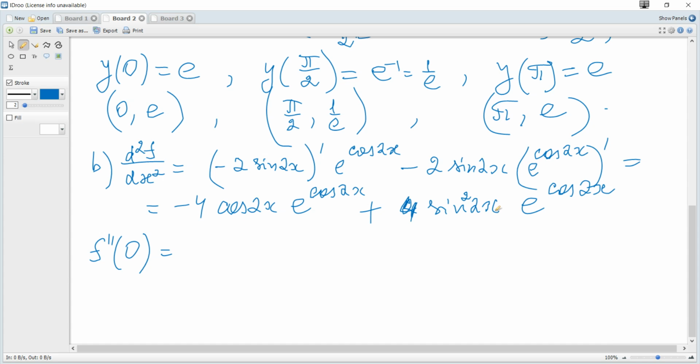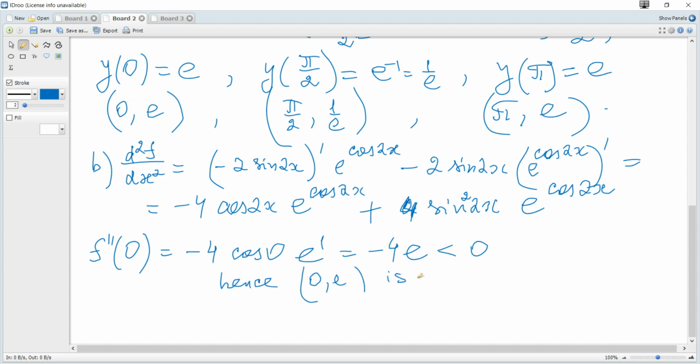Sine of 0 is 0, so it disappears, and we get what? -4 cosine of 0 e to the power of 1, so it's -4e, which is negative, hence what? (0, e) is a local maximum